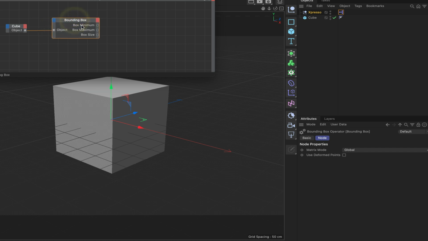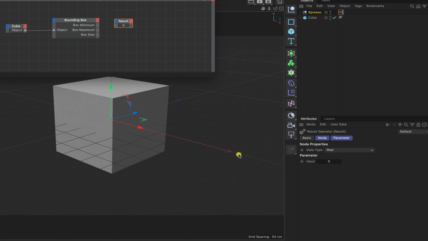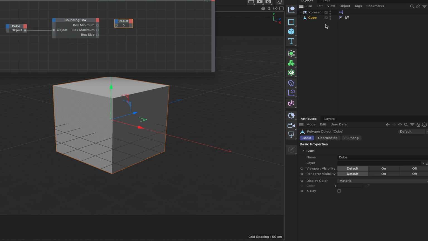Now, we can see that we've got three outputs as standard. So box minimum, box maximum, and box size. Let's bring in a result node and see what happens when we plumb something in. We're getting 0 there, and there. So clearly something isn't working. So what's going on? Well, at the moment our cube is a parametric cube, and the bounding box only works with geometric objects. So we'll select our cube and hit C to make it editable,